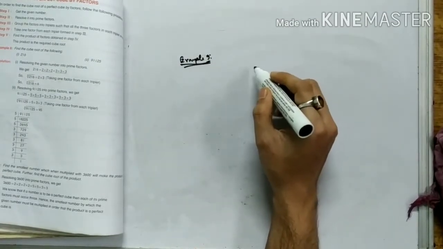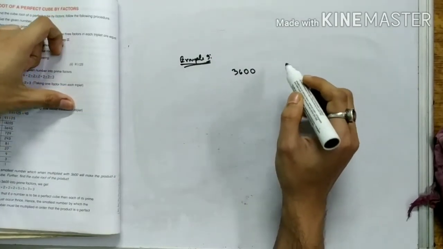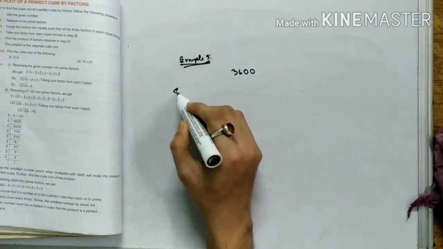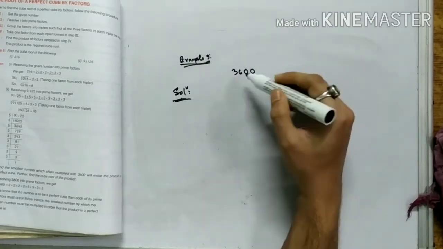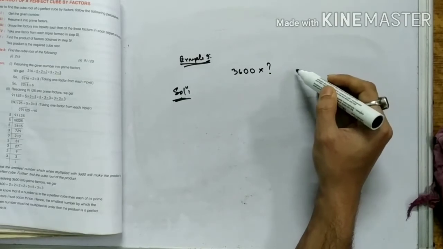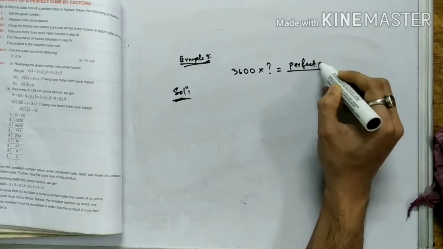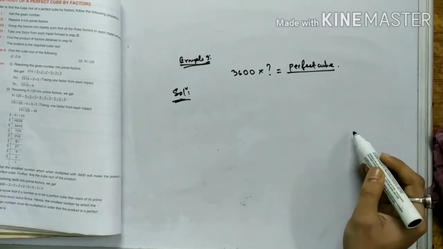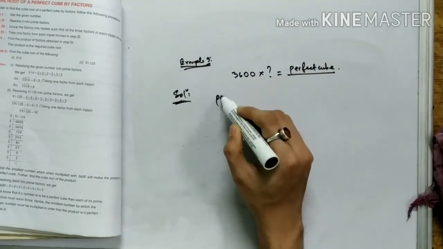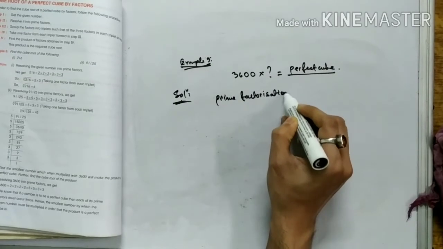So now next, example number 9. Find the smallest number which when multiplied with 3600 will make the product a perfect cube. Further find the cube root of the product. So here it is asking what is the smallest number that I will multiply with 3600 such that the product will become a perfect cube. Understand? So first of all I will take the prime factorization